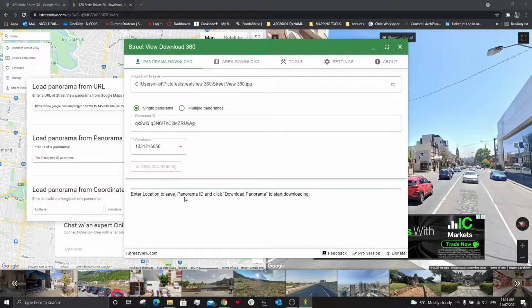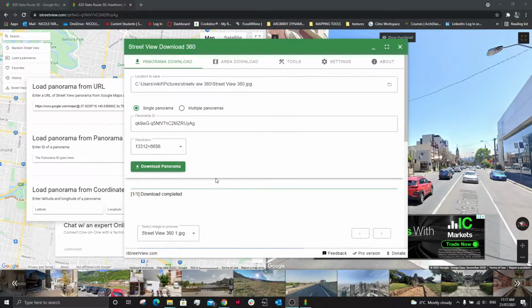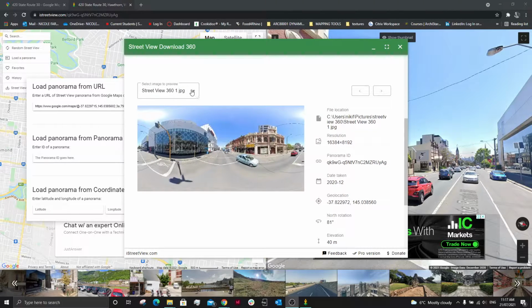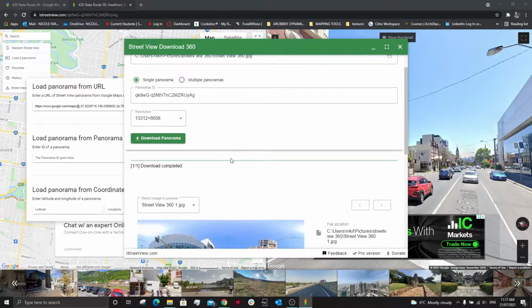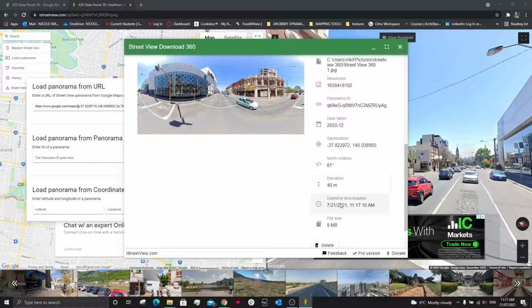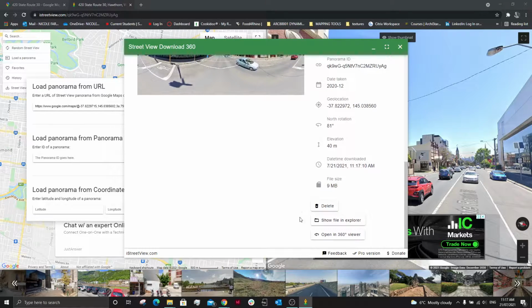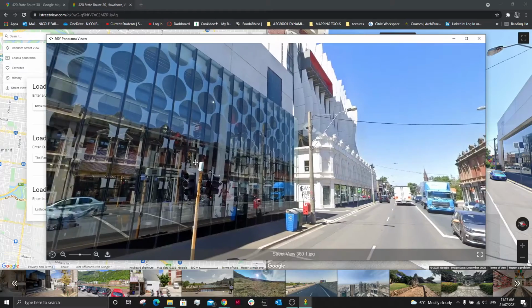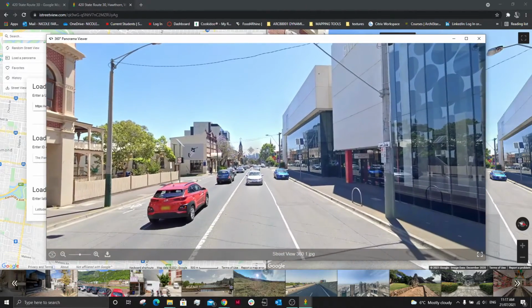and download. Then when I start downloading, a whole heap of tiles make up that 360. Once it's finished downloading, you can head down and you can see your panorama. If you've got multiple different images, you'll click on that down arrow to get multiple. So there's single or multiple if you've got multiple IDs. It gives you a little bit of information about the location, dates, times, and you can open in a 360 viewer, which will then bring you back into a similar view of Google, except